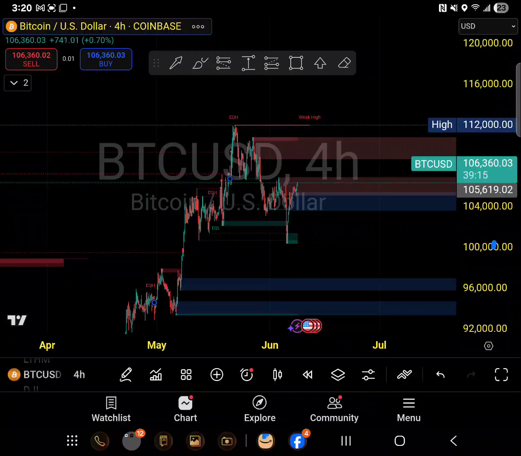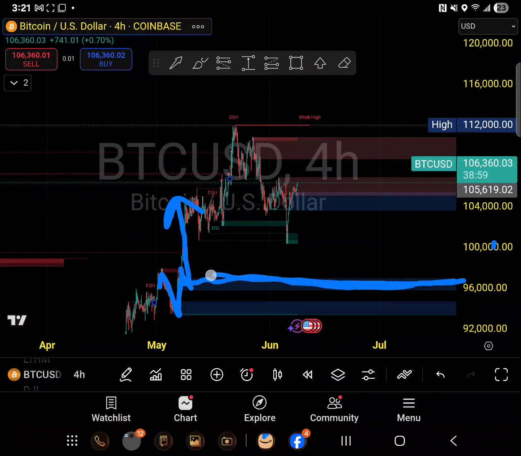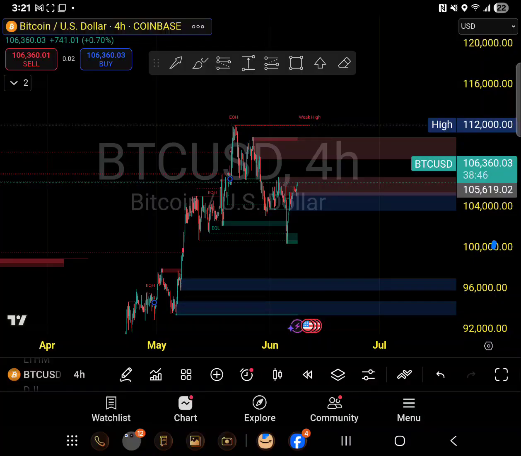If I am a swing trader, then I would be patiently waiting for Bitcoin to touch these levels, 96,000. Why? Because I told you the retracement concept: it comes back, and then it goes up. It means we have good buyers sitting in this area. If I am a swing trader, I would patiently wait up to here. This is 4 hour charting, and the 4 hour chart I usually use when I am a swing trader. So we make up our mind: now we found that Bitcoin was in downtrend, but it broke this line and it is trying to go up right now.